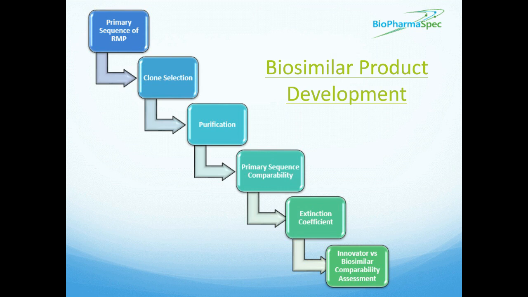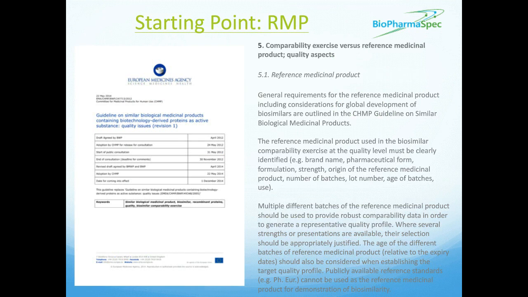So first of all, we're going to start talking about the RMP, which is basically the starting point of your characterization. I think this is important. As Chris said, you have to completely understand the sequence of your reference medicinal product, but it's also important to realize that characterization actually starts with understanding the RMP. Far too many people consider characterization starting when you first produce your first batch of biosimilar, and then you start to characterize it. Personally, I think that comes in later,